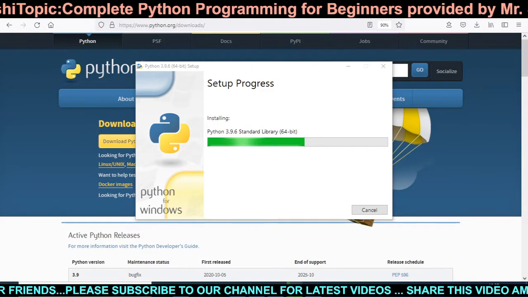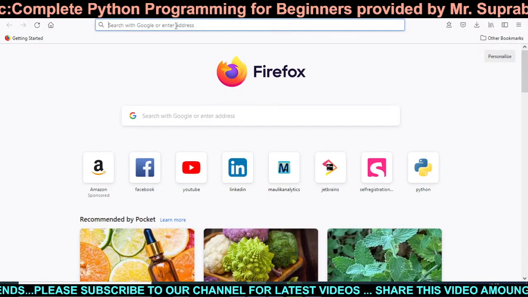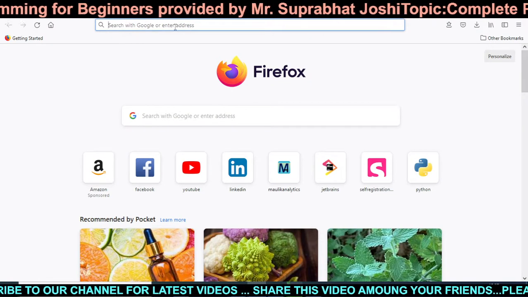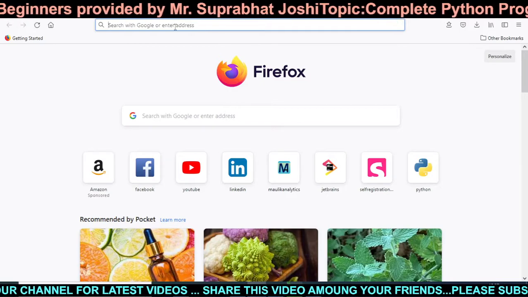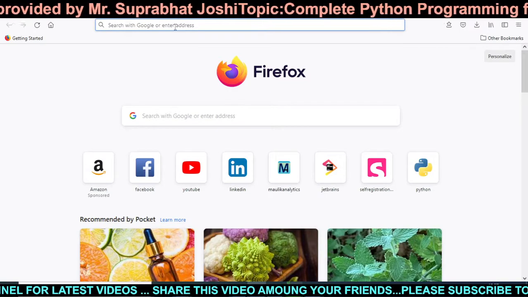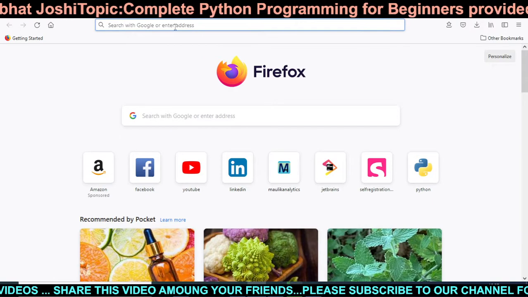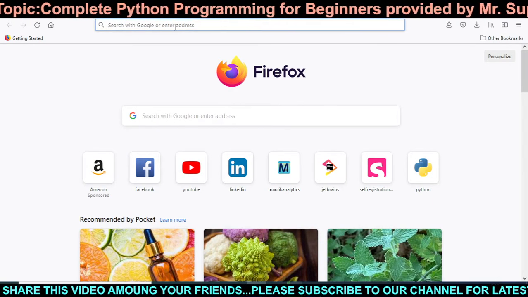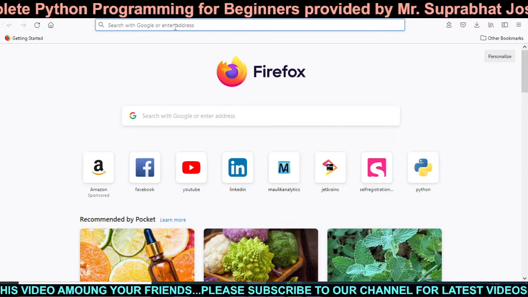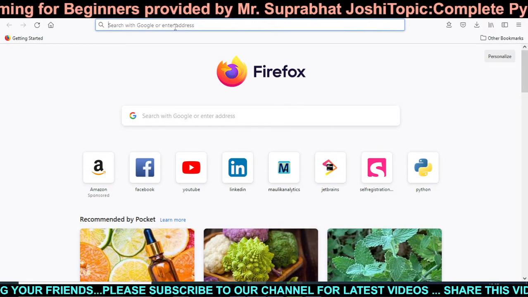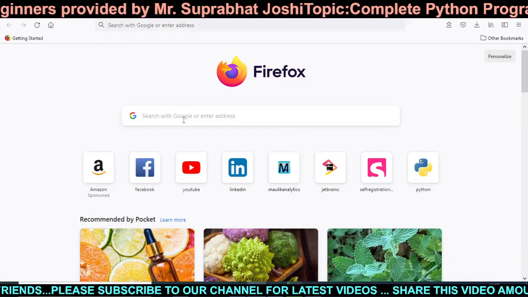During this process, I also want to tell you that if you don't want to download and install Python in your system, you can use Python online also. One very beautiful IDE available online is Jupyter.org. Just type Jupyter Notebook.